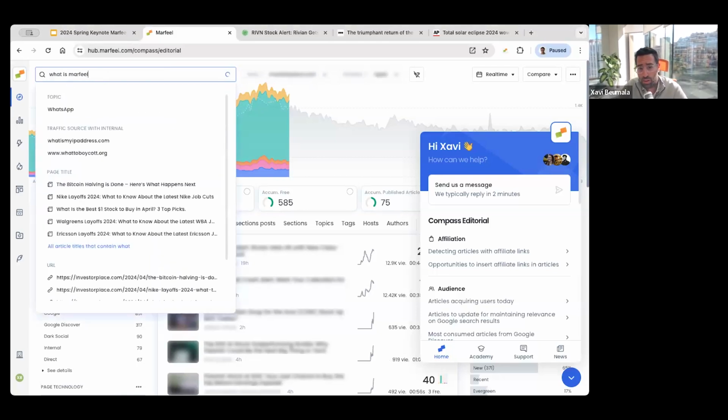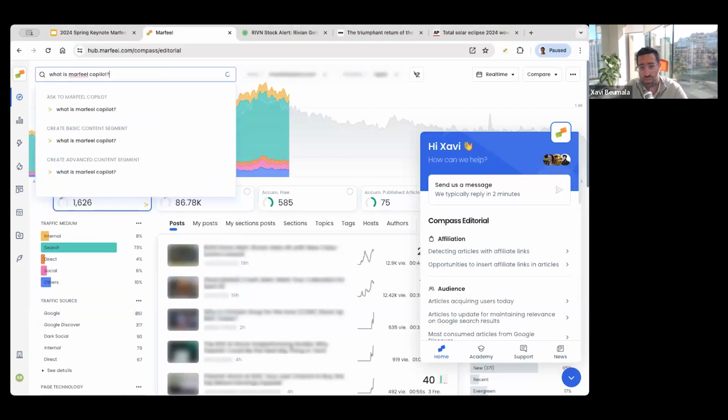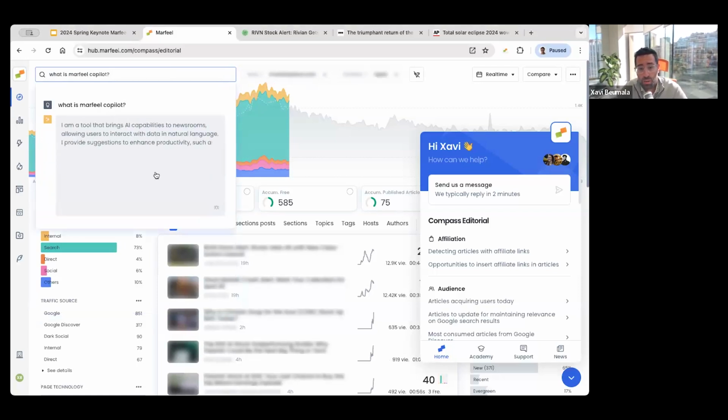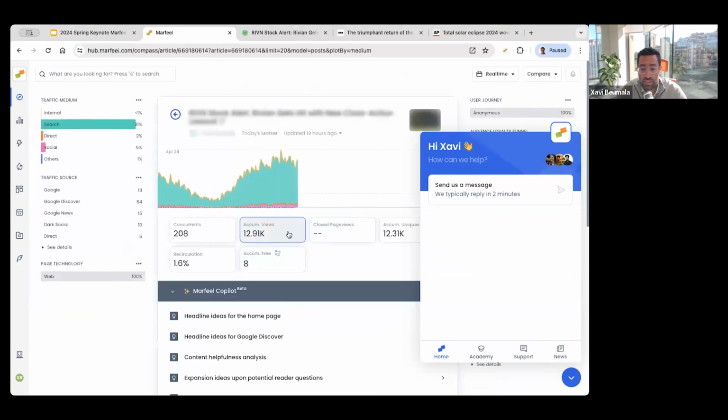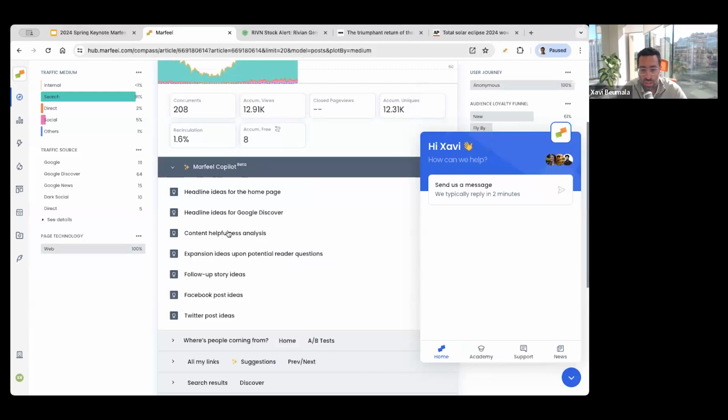We can even ask what is Marfeel Copilot to Marfeel Copilot. So this is one of the things that we could be doing, and we ask the system for help. And it tells us that it can help you get answers on your real-time data or even on your historical data, and that it helps you by providing suggestions. Remember that, when you were inside an article, we had all these suggestions for the headlines, for helpfulness analysis,